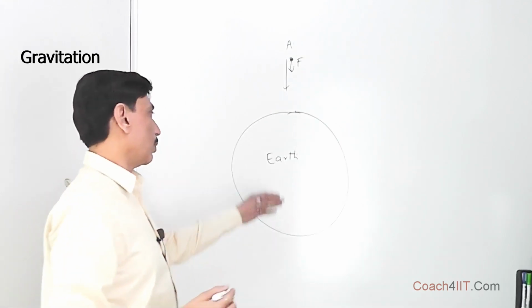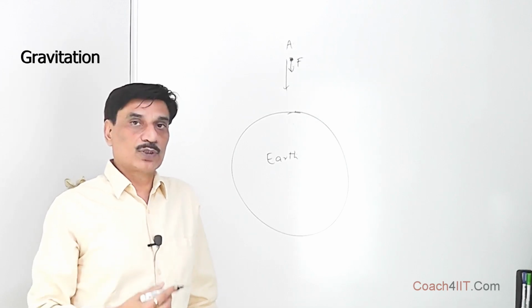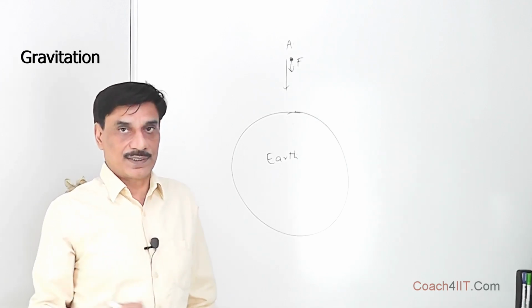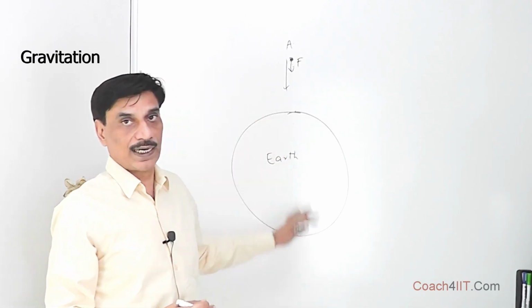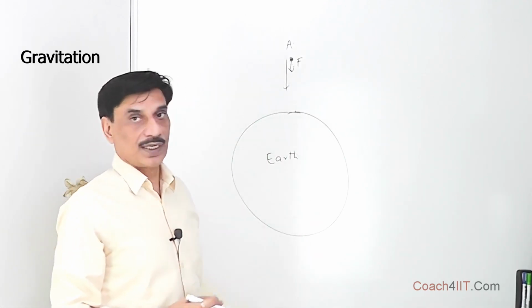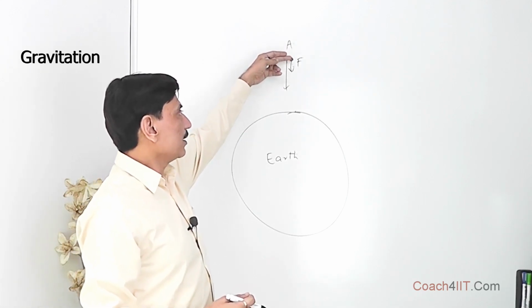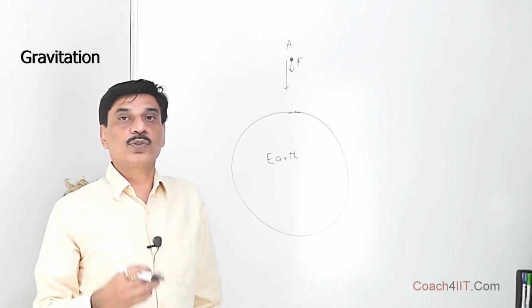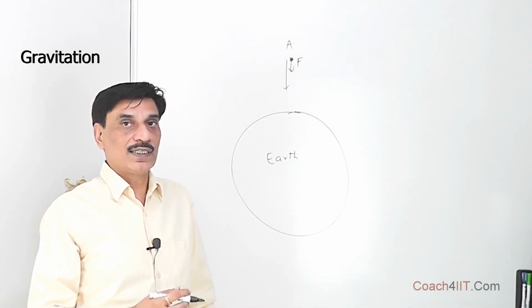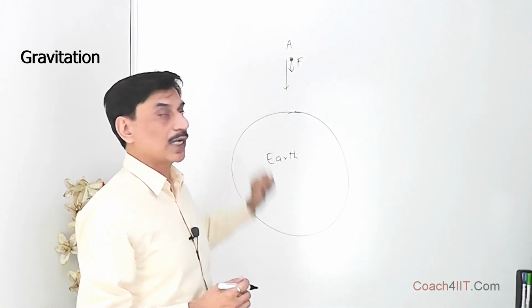Force of gravitation, we can always say that between the two of them there is a force of gravitation, but generally the force of gravitation is between similar masses. When one of the bodies is so huge, like a planet, and there is a small body over here, then we say there is a force of gravity acting on it, and when we release it from here, it starts accelerating in the downward direction. That is called acceleration due to gravity. And the force of gravity, that is the force with which Earth is pulling this mass in the downward direction,